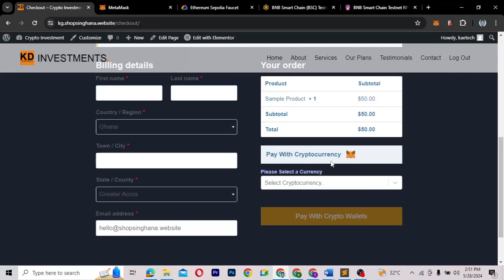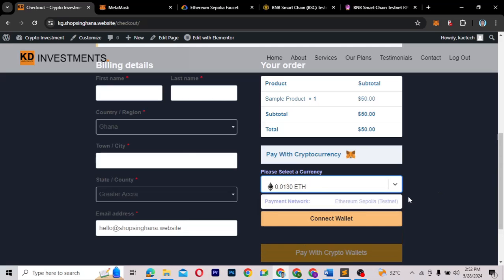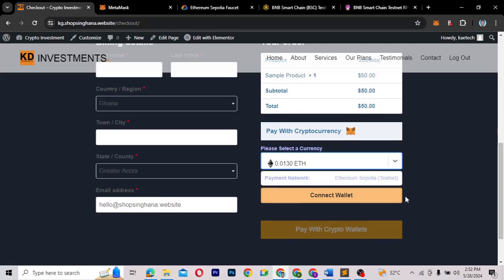Okay, so you want to pay with cryptocurrency. So you click over here and then you select the amount that you have to pay. As you can see, the $50 has been converted to Ethereum for me. Okay, so I'm going to pay using this Ether amount. So I'll click on it and then it will go ahead to select my Ethereum network that I have on